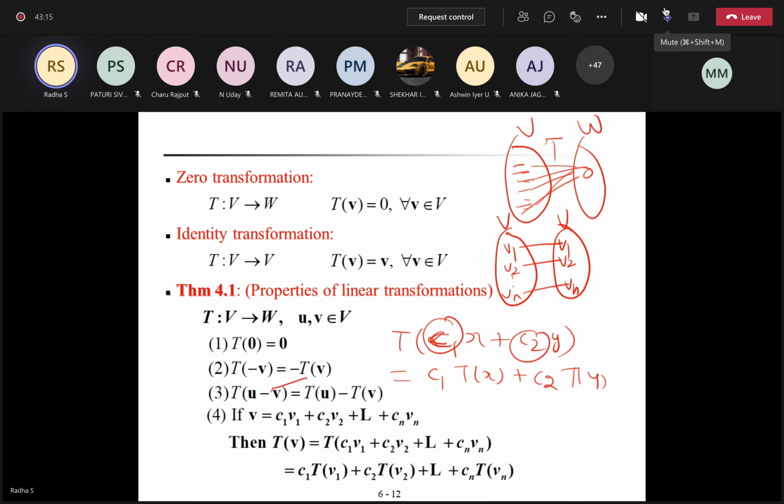Okay, yes, ma'am, got it. This is nothing but the simple linearity property. You might have studied it in Laplace, right? L of C1 F1 plus C2 F2 plus etc. plus Cn Fn. How do you write that? It is C1 into L of F1 plus C2 into L of F2, like that. The same thing, instead of L, I'm using T. Laplace is also a transform, T is also a transform. This is C1 into T of F1, C2 into T of F2, like that. That's the thing they are saying here.